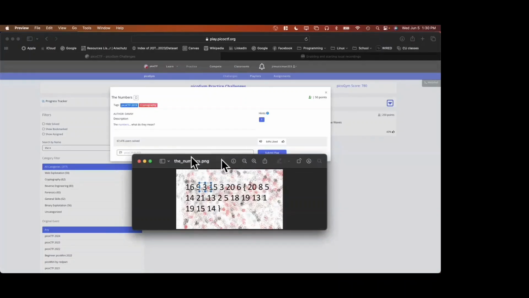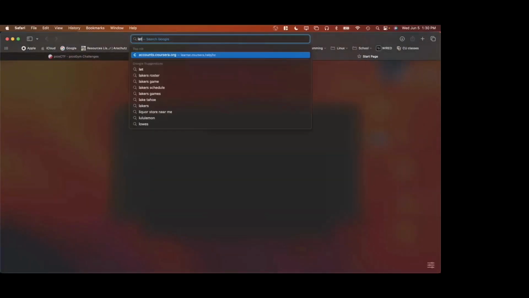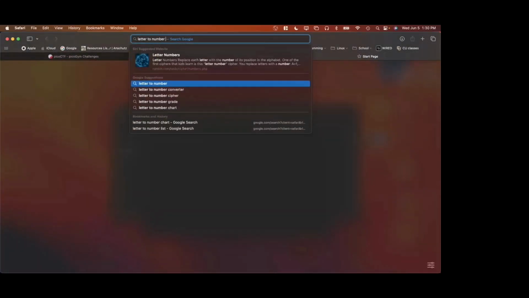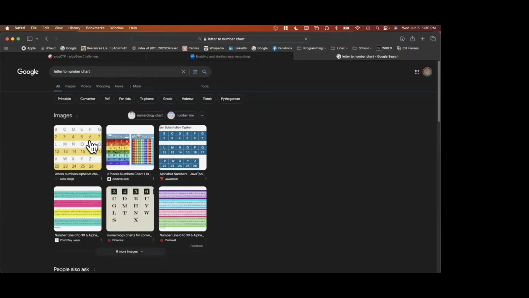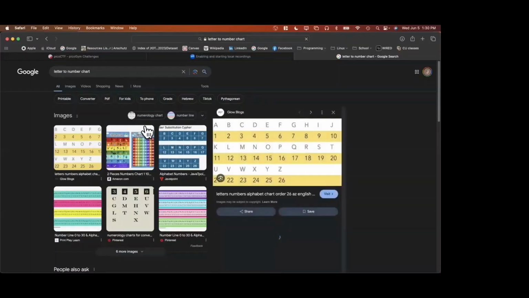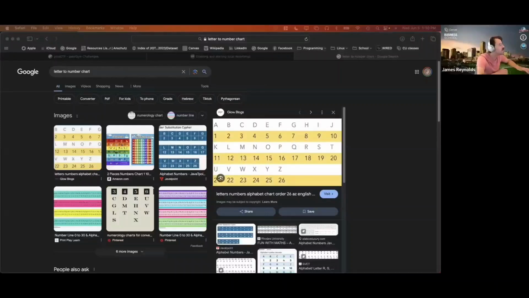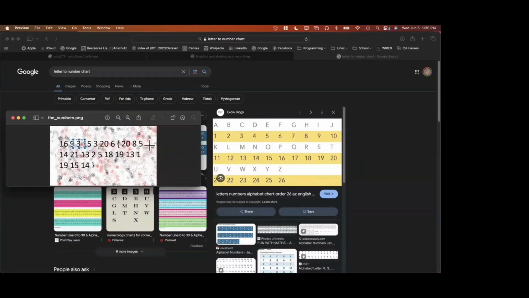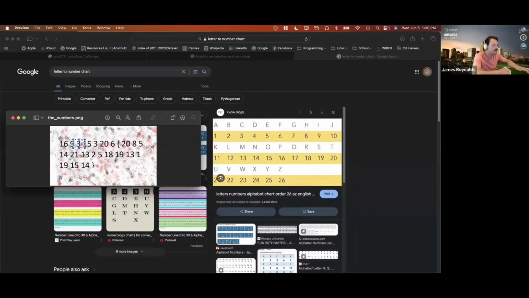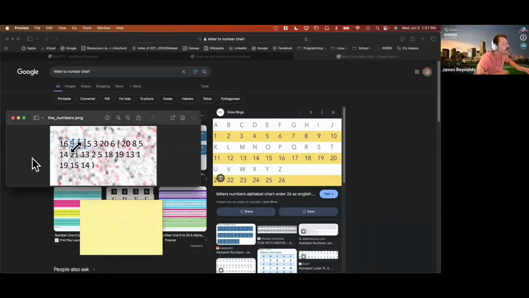So I'm going to put this to the side for just a moment, and I'm going to Google letter to number chart. Pull up my chart here. And then I'm also going to bring that image back. And then the last thing I'm going to do is I'm going to pull in something to write on here. Okay, so if I look at these numbers,